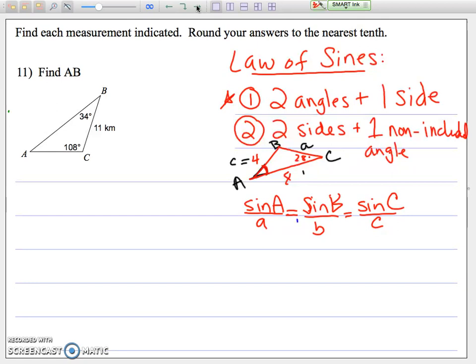Once again, we've got 2 angles and a side. So let's label what we need. We need to find AB. That's this side right here. And I see this angle C. So this is side C. That's what I'm looking for. Well, I don't know this side here, B. But I do know this side here, A. But I don't know the angle. So I'm going to